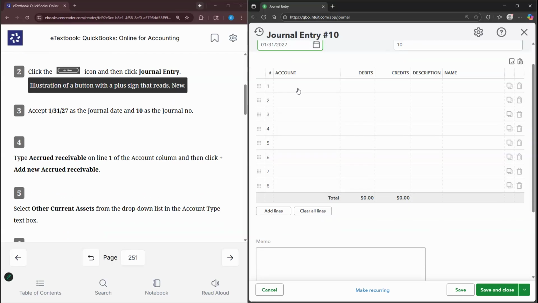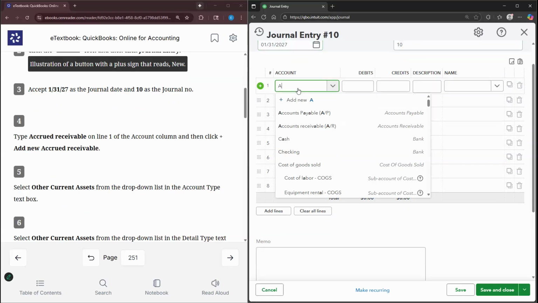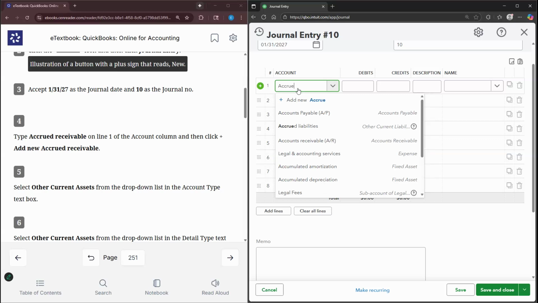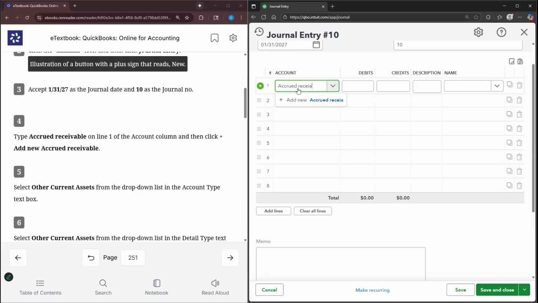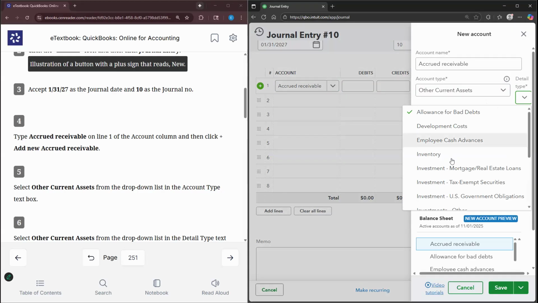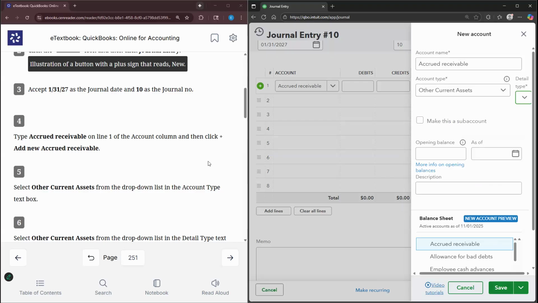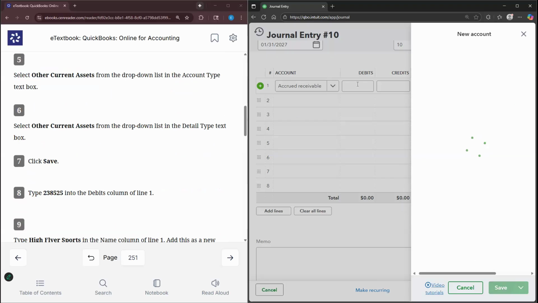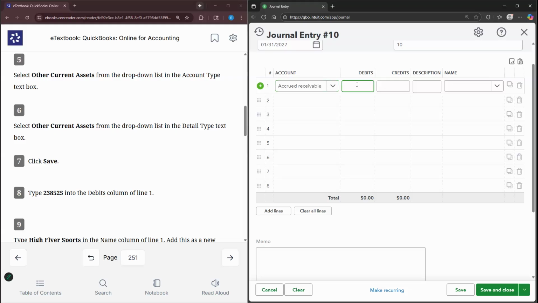So we're going to type accrued receivable. We're creating a brand new account. It's going to be other current assets, and the detail type is also other current assets. We select save, and the amount is